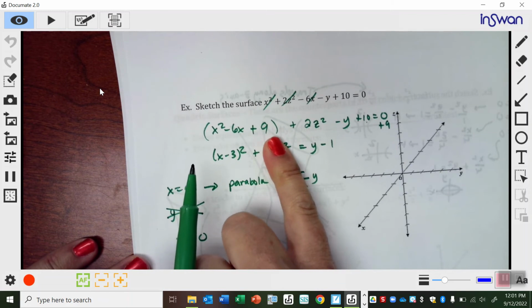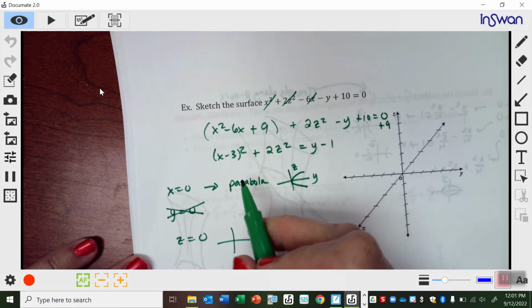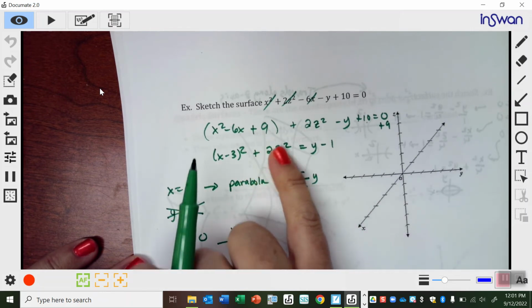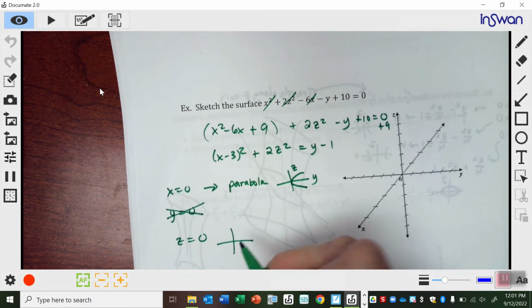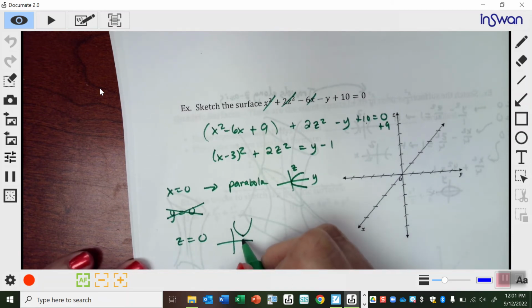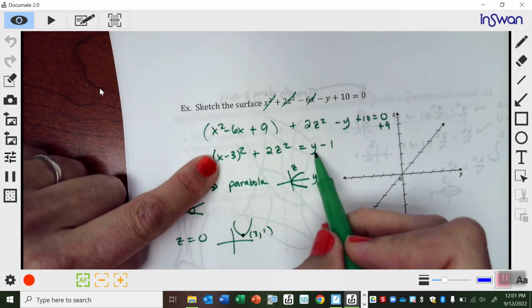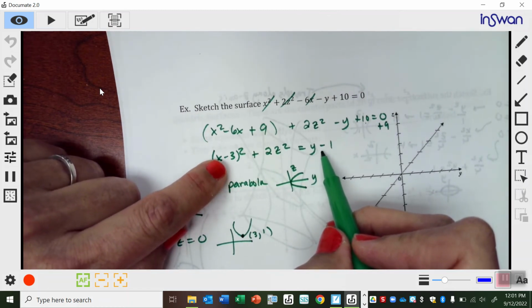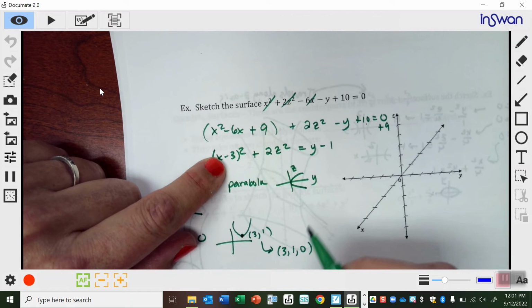I also get a parabola. Y, and then you have x minus 3 squared. So just a normal parabola where you have, oh, let's see, right 3, and then this 1 would be over here, so plus 1. So right 3 up 1, so right there. Okay. All right. So this spot right here is 3 and 1. All right. So if x were 3 and y was 1, these things would zero out, and you'd have z equals 0. So I can go ahead and confirm that that's the point 3, 1, 0,